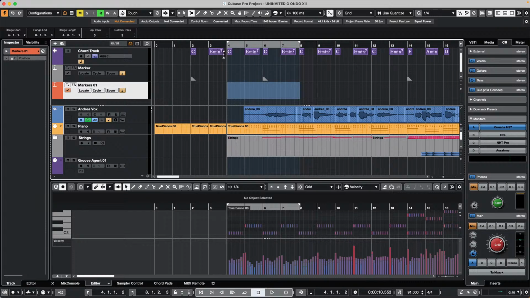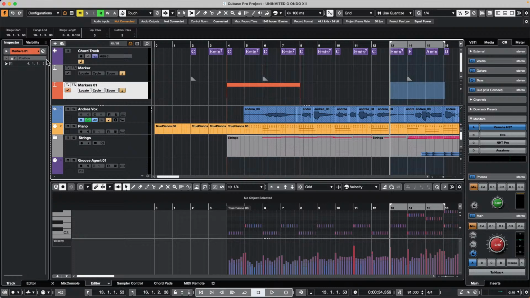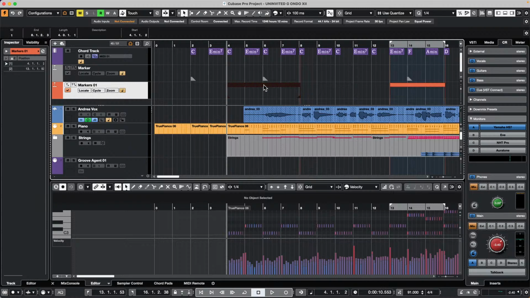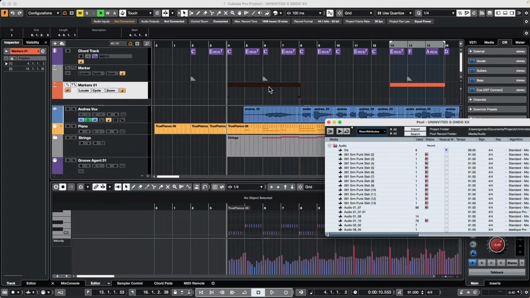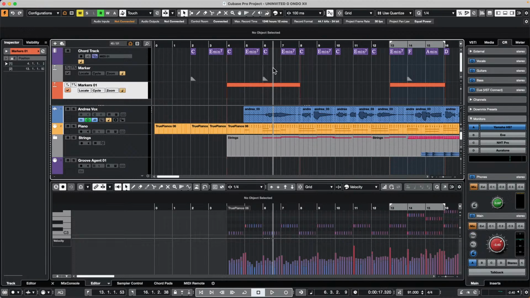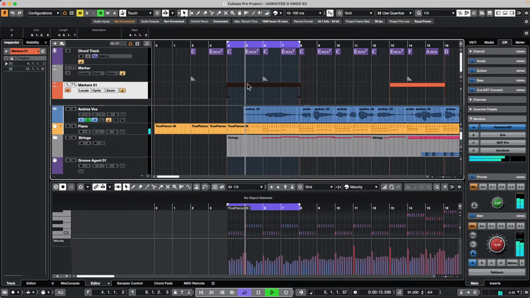If I come here, I'm just going to hit the letter P, select it with the range tool, and let's say I needed to vamp these measures here. So I'm going to, again, just add a cycle marker. So at this point, you could probably just create a macro. So let's say I want to create a macro just to play this cycle marker. And let's see if I just hit Alt P, if we have this selected. So if I just hit Alt P,